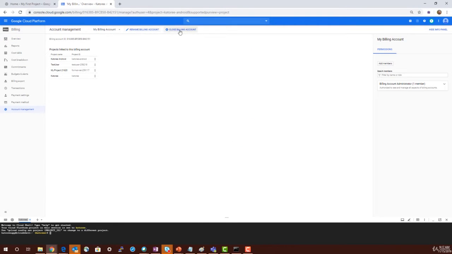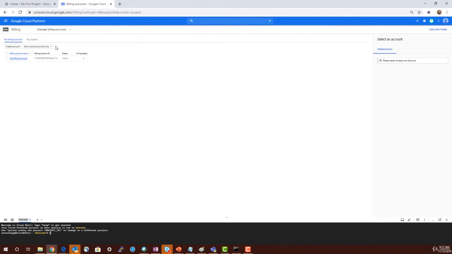you can rename the billing account, you can close the billing account, but you can also go ahead and create a new billing account for your purpose, and then you can associate the new billing account to your project. So you can pay the charges from that particular billing account. So you can create multiple billing accounts for different kinds of projects or different kinds of resources, but